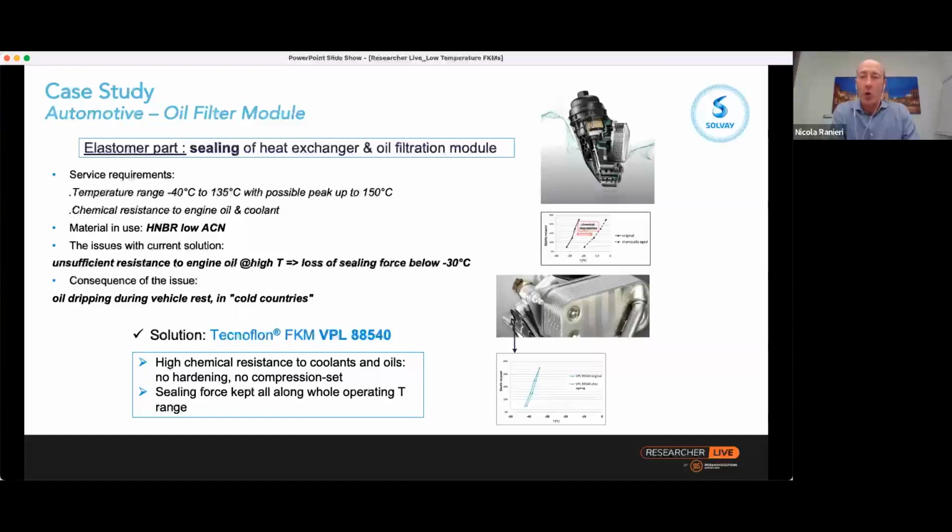I would like to conclude by giving you a real case example that for me was quite interesting, because it was connecting the dots between the laboratory test and real life. This case deals with a heat exchange and oil filtration module from an automotive application. It was a very famous car manufacturer that experienced some leakage from this kind of module, some oil leakage during